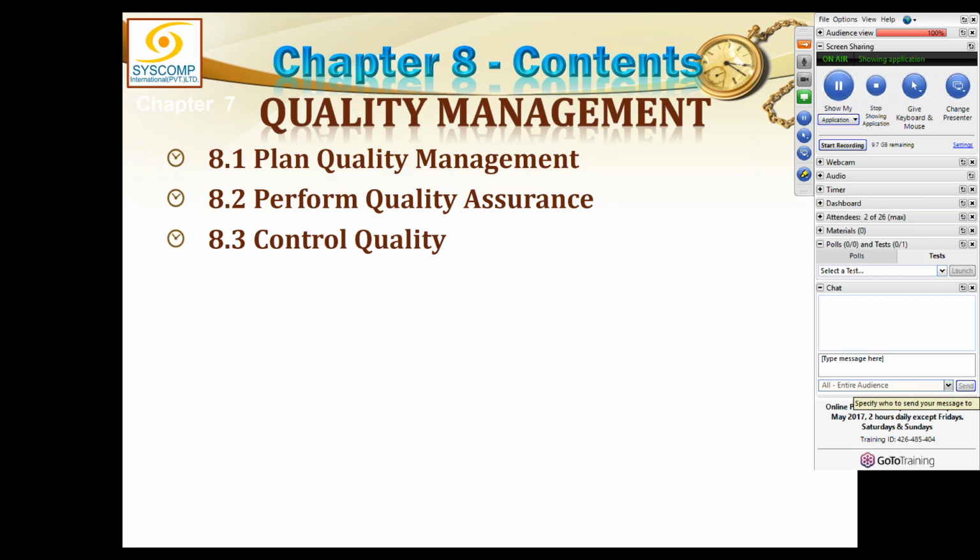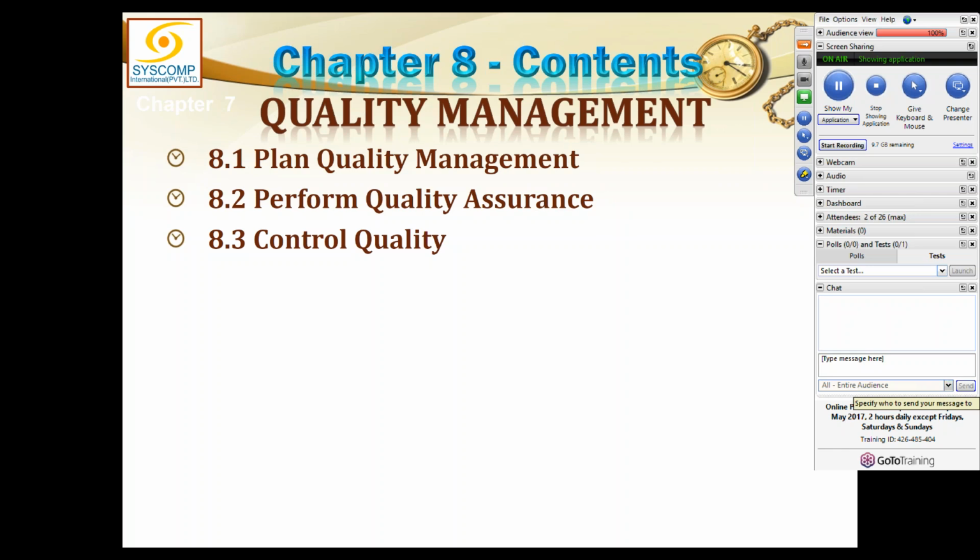So doing all this, planning for the whole quality assurance mechanism, the whole quality control mechanism, looking at the policies of the organization, the quality they are following, this all has to be encapsulated into a quality management plan, and that is our very first process in planning, that is plan quality management. So plan quality management provides us a complete guideline for how to do the quality assurance and how to do the quality control, and also the details of when to do them, when the audits will be carried out, when the